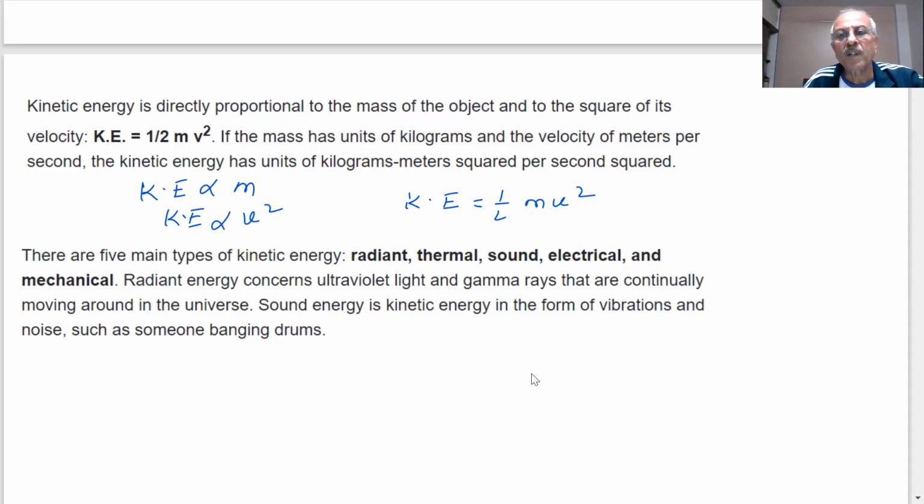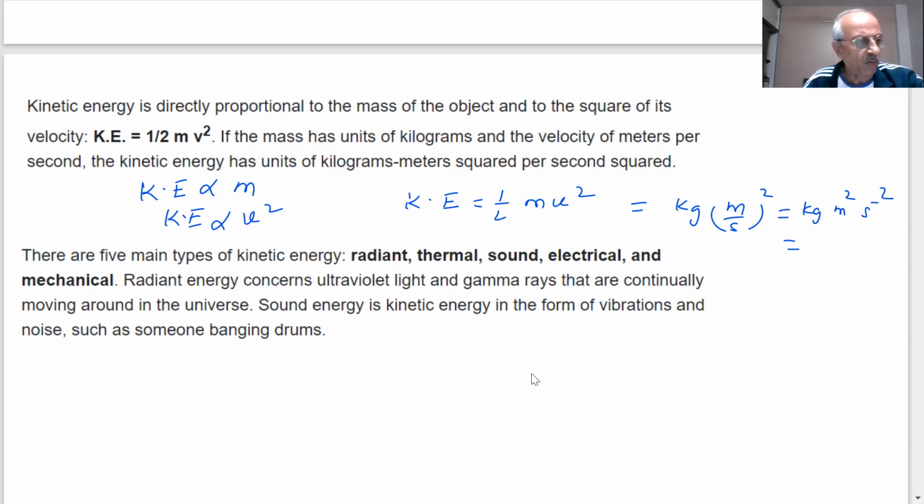So what will be the unit, student? Mass, what are the units of mass? Kilogram, kg. And what is the unit of velocity? So what will it come to? And what will be the SI unit of kinetic energy? kg meter per second square.